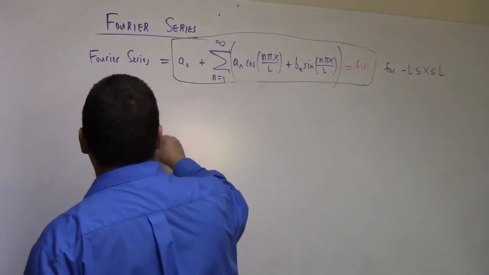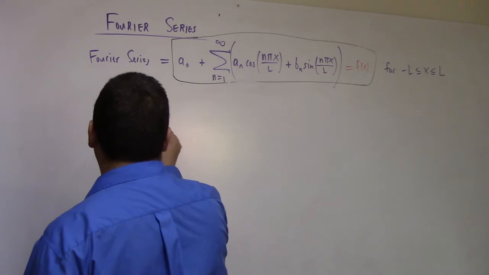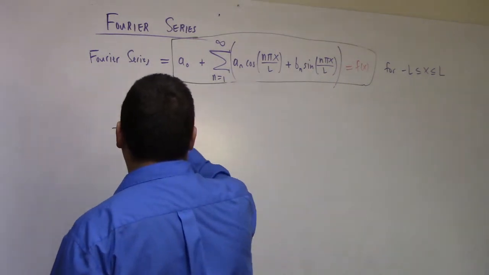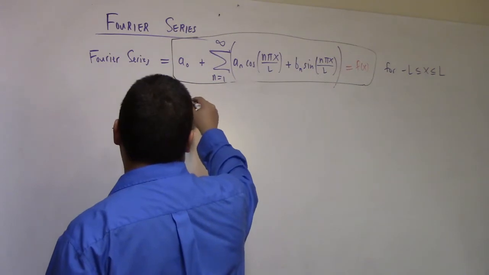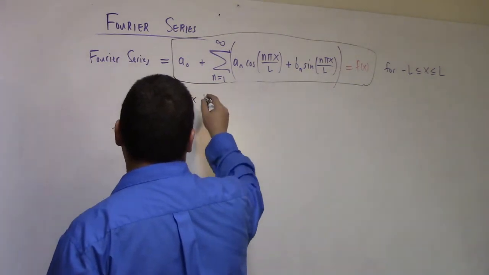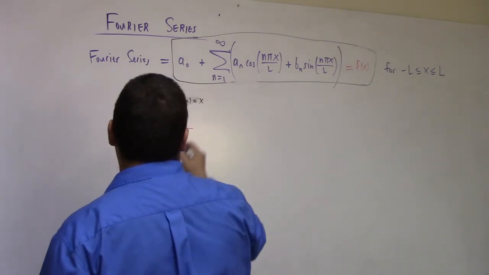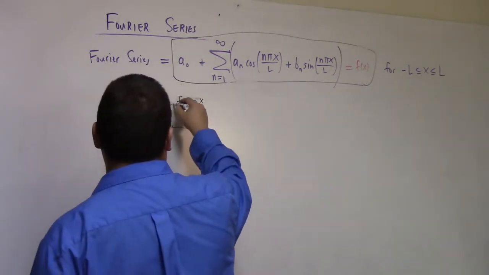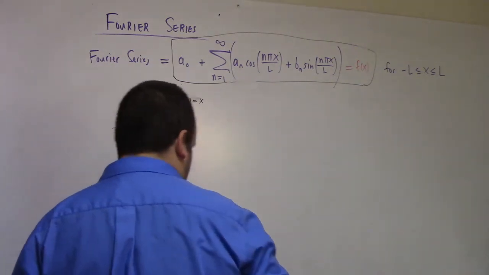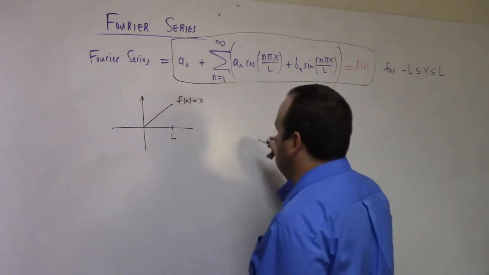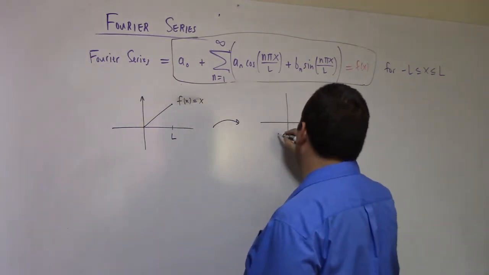So let's see here. There's two different kinds of extensions for the most part, right? Like here's x, for example. Let's say f of x. So that's given, right? Suppose from 0 to L, and then you can either talk about its odd extension or its even extension. So the odd extension would be just,